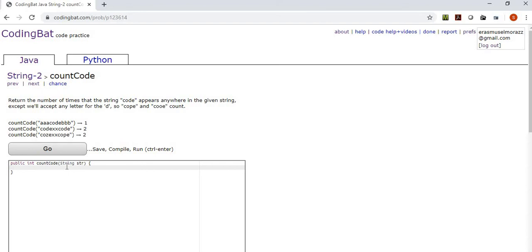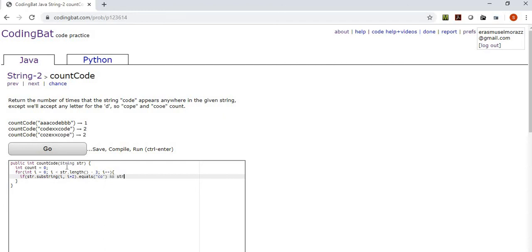So we'll go ahead and say return the number of times. So we're going to be counting. For int i equals 0, i is less than. Now this is a string of 4, so it'd be str length minus, this is less than, so this is going to be 3 this time because this is a chunk of 4 characters. And we've got our incrementer there. Now if str substring i to i plus 2 equals co,